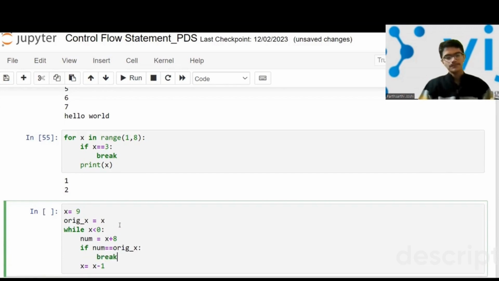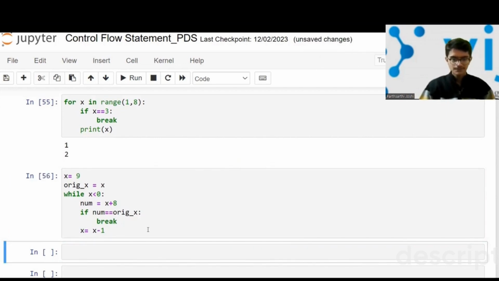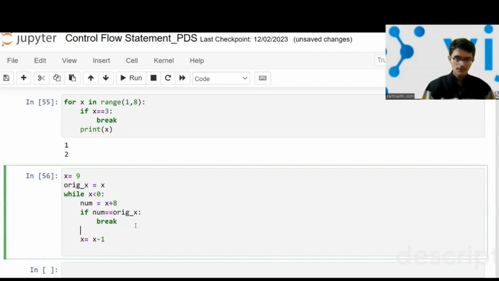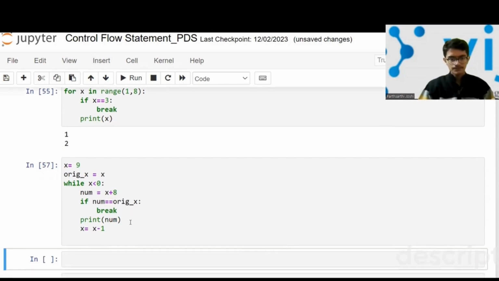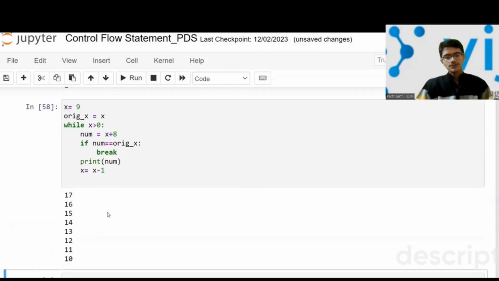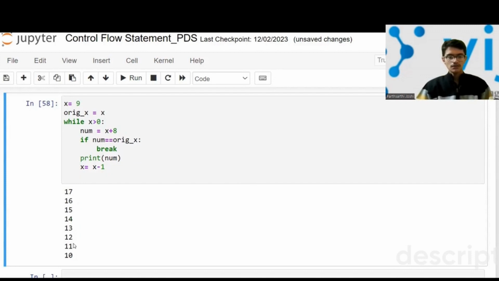then basically what it will do, you can just see. Okay, let me print now. Why is it not working? Okay, we have to change it to greater than 0. See. So first you get 17, then 16, 15, 14, 13, 12, 11, 10, and when it gets 9, it